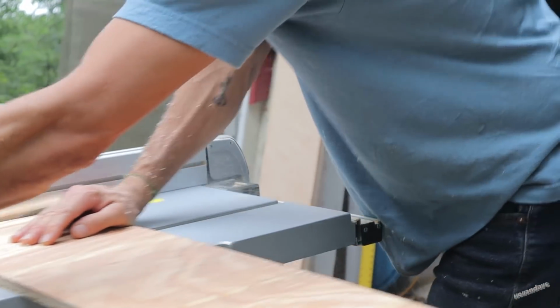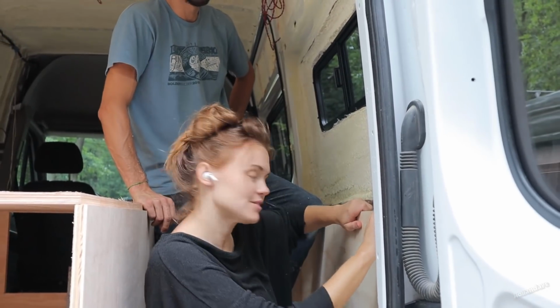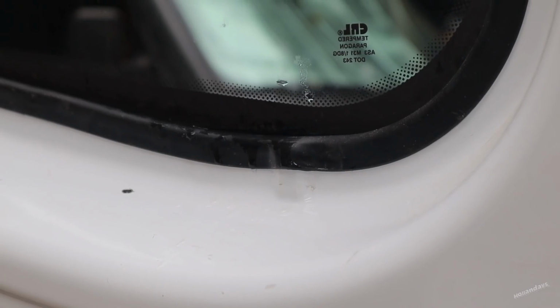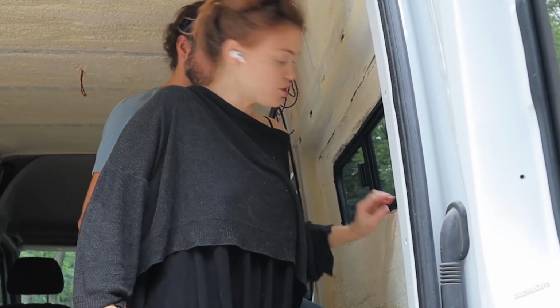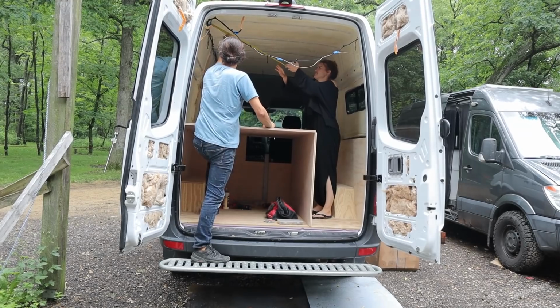fly. Ready to fly. Our window installation history is stellar. We've had a really good one window. So yeah, we're just nervous. But this one looks good. That one definitely needs to be changed. But this one, we already knew about it. I think that seems okay. We had a piece of plastic over there and there was water just in like one section, but it's all good. I'm ready to